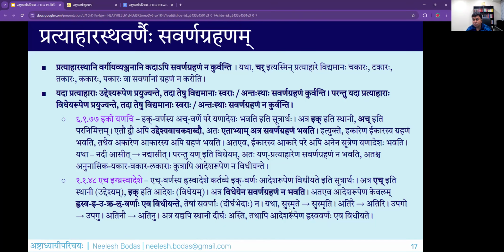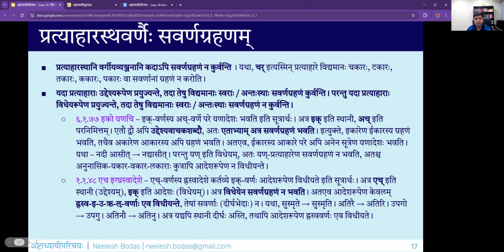So for example, if you take this particular word susmrute, there is some word called susmrute and some sutram forces a hrasvadesha. So ekarasya hrasvadesha, you can have either e or e, but e cannot come because ik is the adesha. It will not do the savarna grahanam. So ekarasya hrasvadeshe ikaraha hrasva ikaraha. Similarly, atirai becomes atiri. Upago becomes upagu. All ai, o are dirgha, but their hrasva desha will still be hrasva because ik, which is an adesha, will not do savarna grahanam.